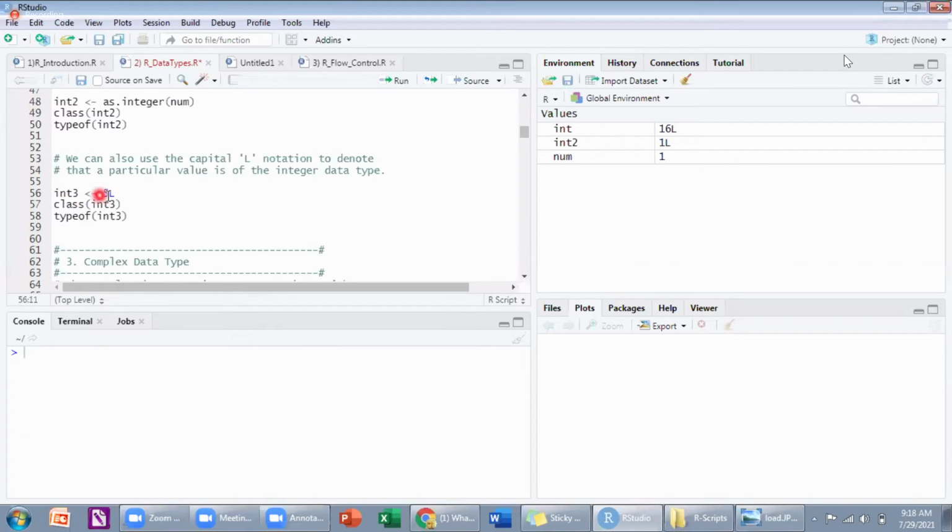So int 3, see, suppose if I delete L, I get int 3 here. What will be the class? Numeric. But suppose if I give L here and now I run, L is added here, and what will be the class? Integer. Got the difference, ma?